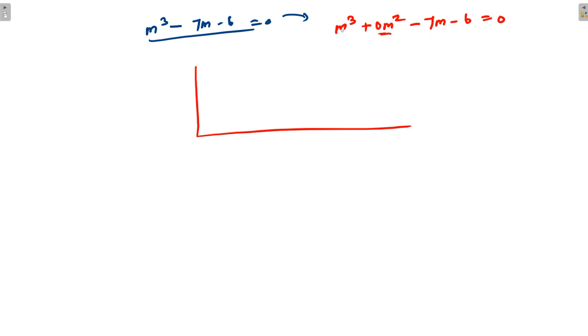So I am going to write the coefficients of each term in descending order: 1, 0, minus 7 and minus 6. So already I know the one root m is equal to minus 1. So how to do this process? First you have to start with 0. Vertically you have to add, but crosswise you have to multiply. Now I am going to add these two things. If you add 1, 0, you may get 1. Now I am going to multiply. So minus 1 into 1, you may get minus 1. That thing you have to write here. So 0 into minus 1. Now you have to add these two things.